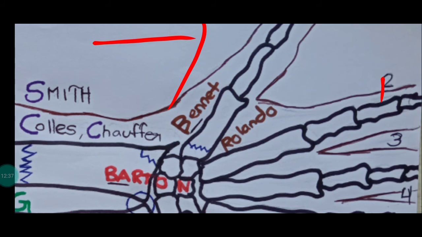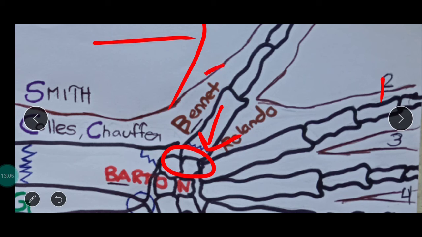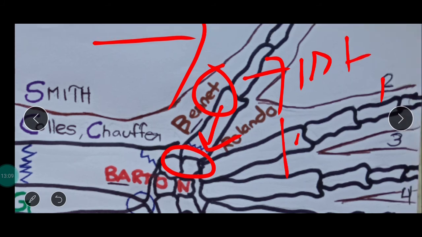Along with that, a joint will be involved. What is the joint seen in this area? Proximal to it, as we can see, is the carpometacarpal joint. This joint will also be displaced. So there will be a fracture at the base of the first metacarpal, and a dislocation of the carpometacarpal joint. This is Bennett fracture. How to remember? Bennett, N-E-T, net is our first priority. We need net, so it is seen in the first metacarpal.